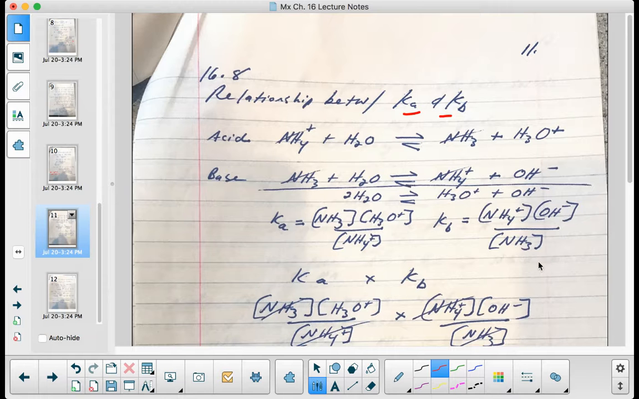Okay, so last section. What I can do is show the relationship between a weak acid and its conjugate base in terms of a constant that is derived from Ka and Kb. So let's take, for instance, the ammonium ion. In its reaction with water, it's going to produce its conjugate base and the hydronium ion. And then that conjugate base, the ammonia, can in turn react with water and produce the ammonium ion and the